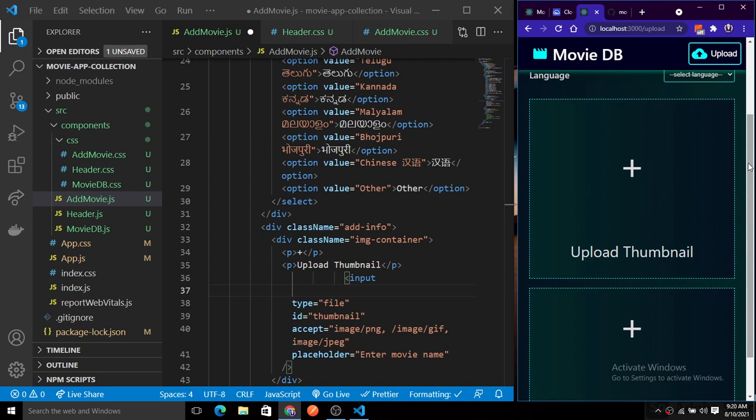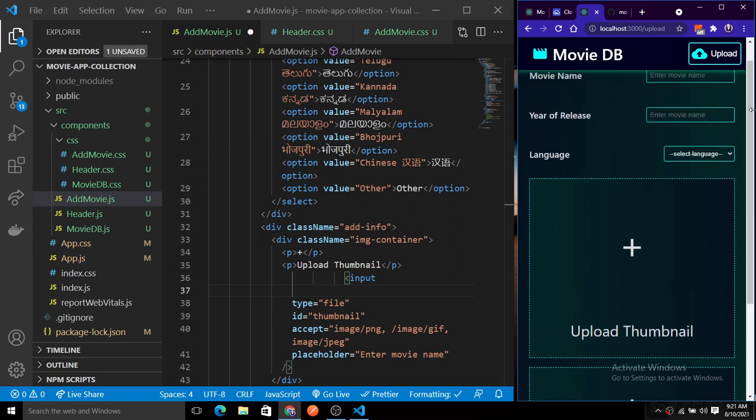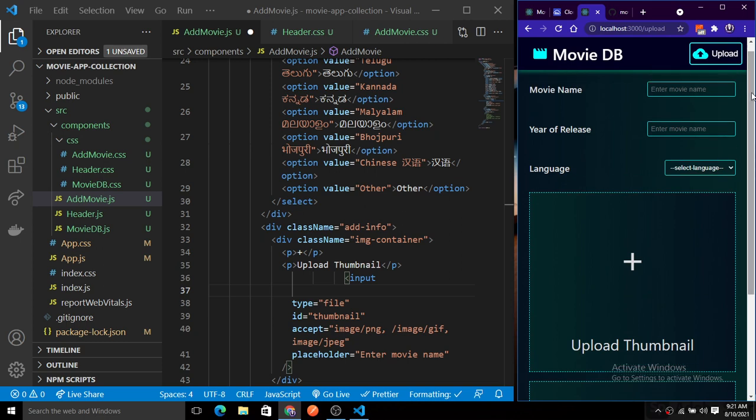So basically I've just created a structure there. I will create the structure first, and then we add the functionality one by one. So I think there will be no issue with that.